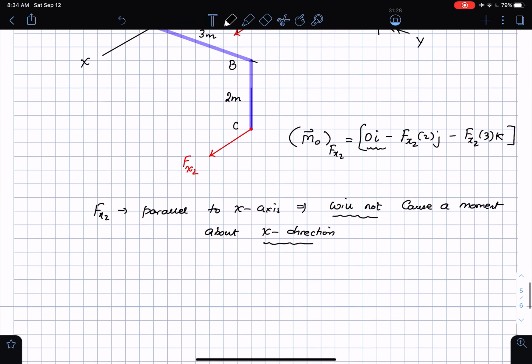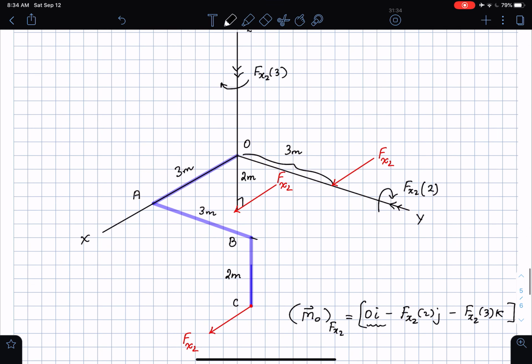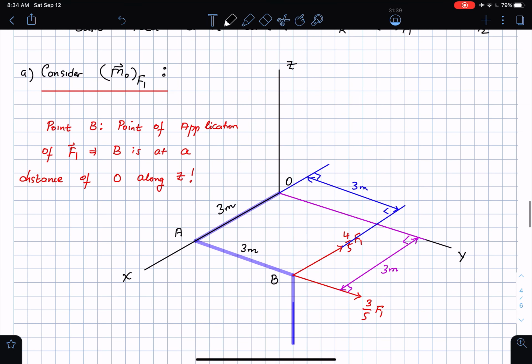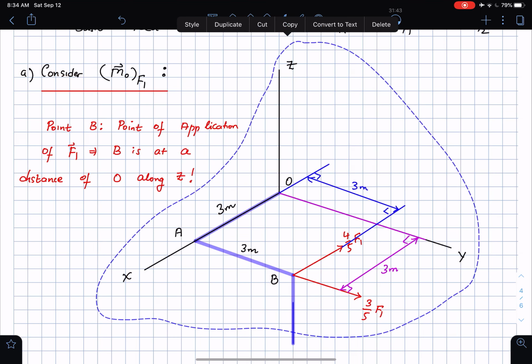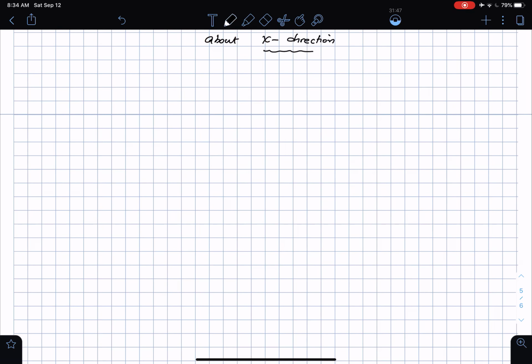I have to do the same thing for the rest of them. So let's do this. And I'm going to copy my figure here from before, with your permission. I'm sorry I have to keep doing this many times, but that is the best way to solve these problems. So I'm now going to look at